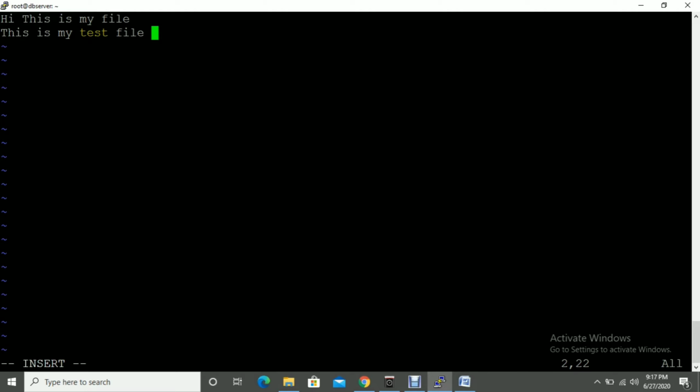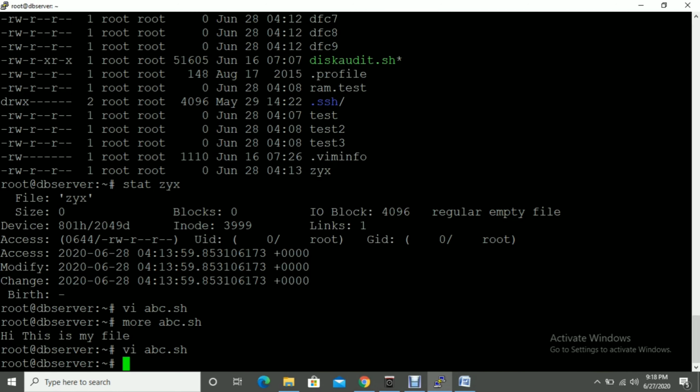That means without saving, you have to come out of the file. So again, you press the escape button on your desktop or laptop. Once you press escape, insert is disabled. After that, you have to press colon, semicolon with shift, and then press q, which means quit without saving, then the exclamation symbol, and hit enter.